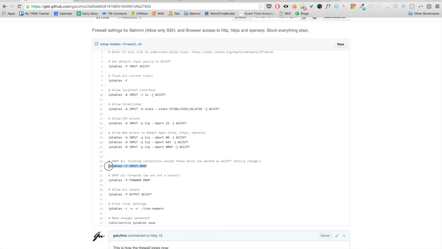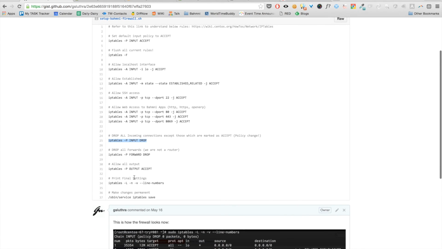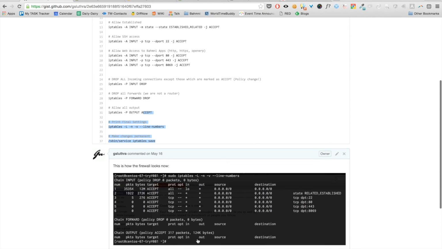Then by default it marks everything to be dropped, which means no other traffic should be allowed, and then it saves it permanently to the disk, so that in the end it should look like this, where by default the policy is drop all traffic but only allow 22 SSH, 80, 443 and 8069.